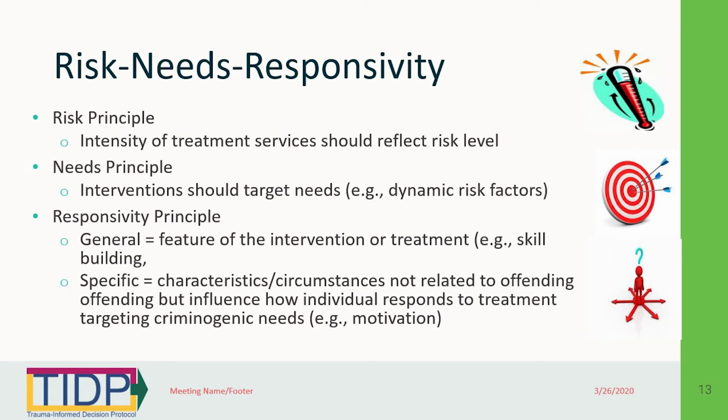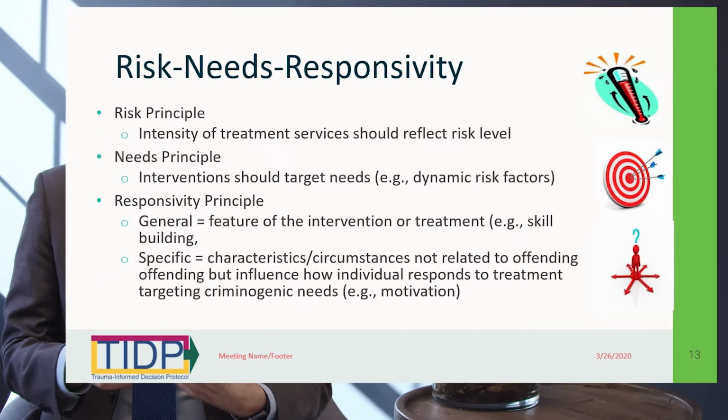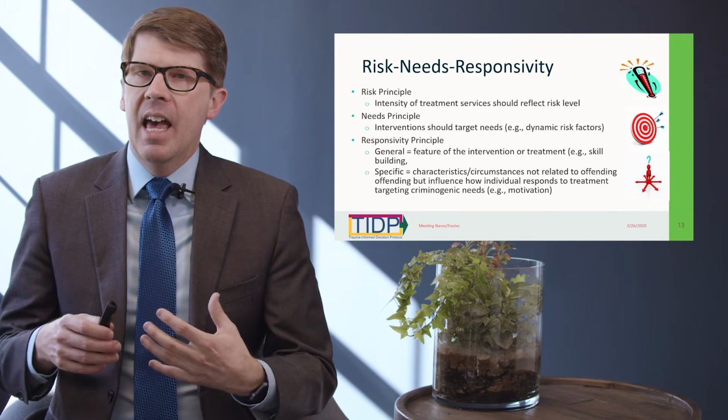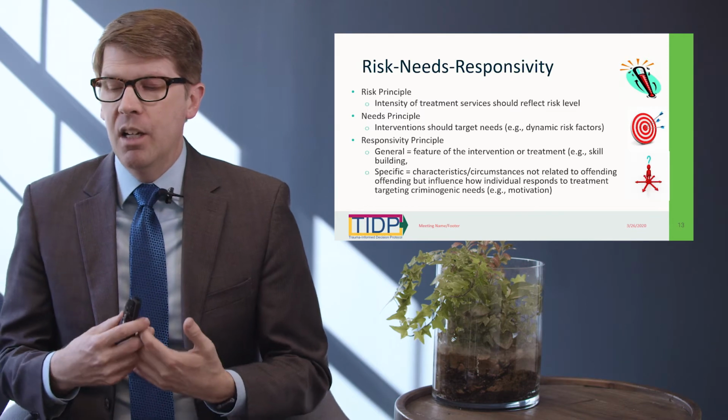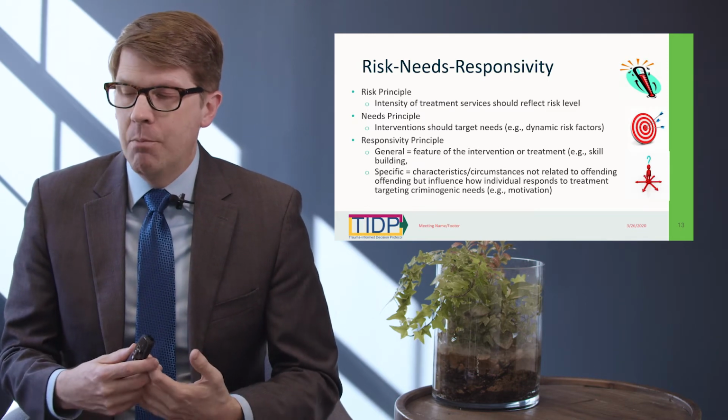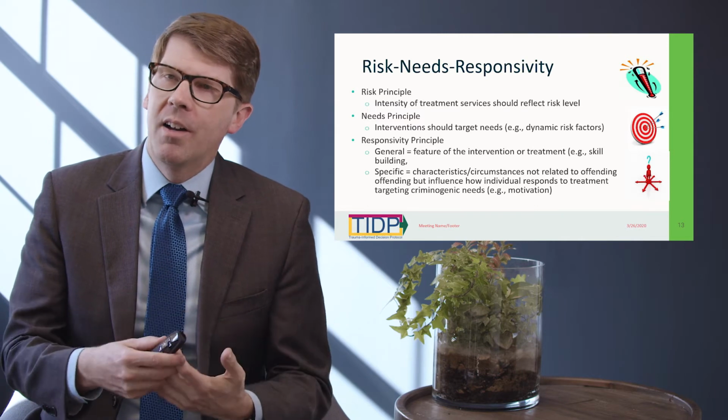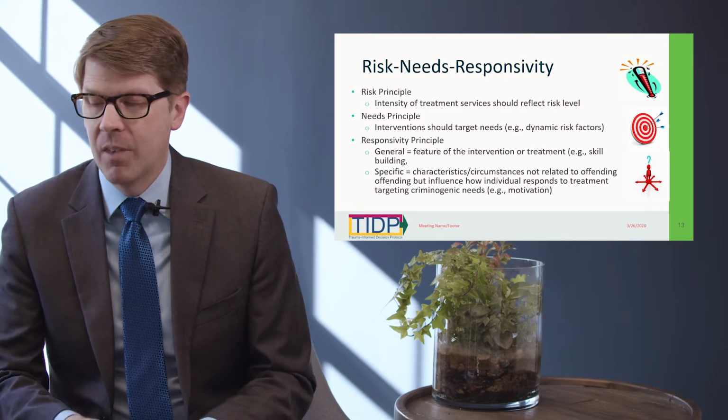And finally, we have the responsivity principle. And as we've talked about before, the responsivity principle provides a framework for how treatment should be delivered. And treatment should be both generally responsive and also responsive to the specific needs that a youth has as well. And what do we mean by general responsivity? That's kind of the idea that, in general, any treatments that are targeting a criminogenic need really need to focus on skill development and be delivered in a way that is responsive to the individual needs of the adolescent.